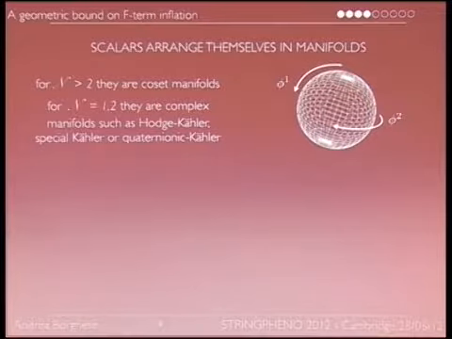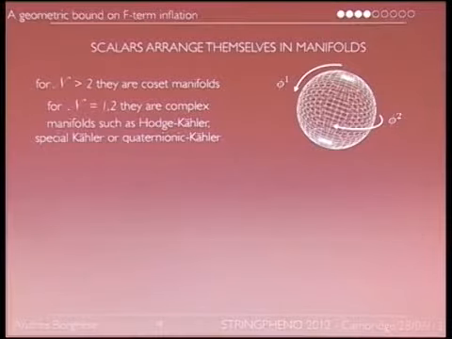And the good news is that in supergravity, the scalar dynamics is tightly constrained. In particular, all the scalar fields arrange themselves in a coset. And this coset can be, well, a manifold. These manifolds can be coset manifolds for extended supergravity, or complex manifolds of special type, like Hodge-Kähler, special Kähler, or quaternionic Kähler, in the less supersymmetric theories. And as they arrange in